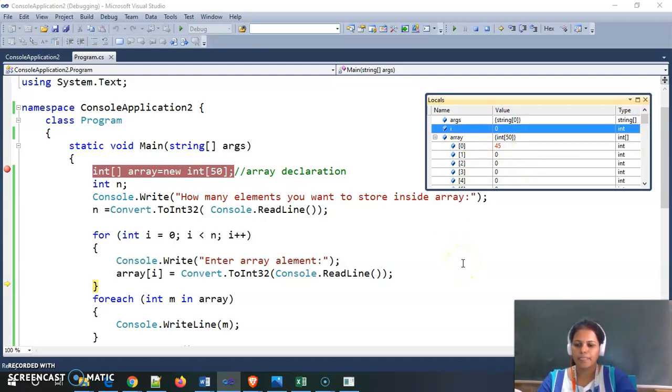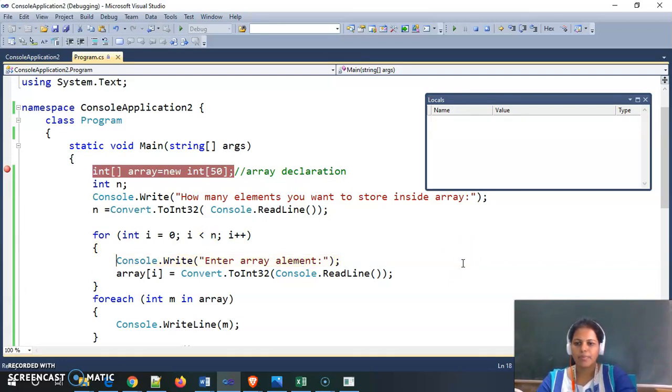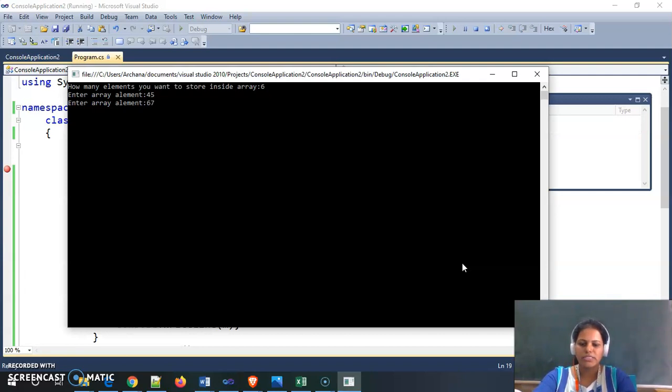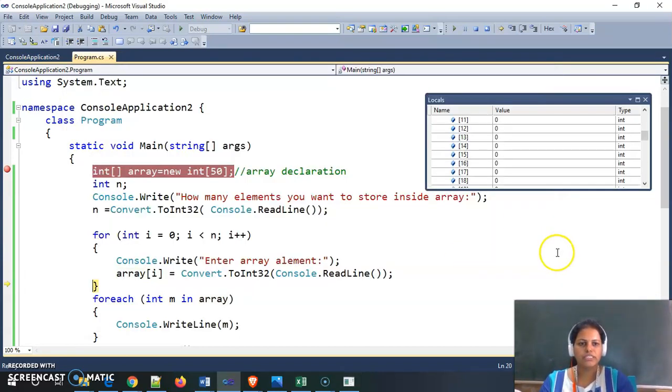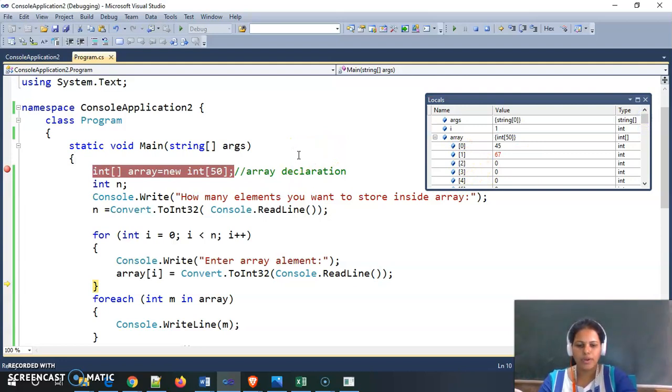Then I go forward by pressing F11, and if I give the element 67, it will be stored inside this array at index 1. Then again we go forward by pressing the F11 key.